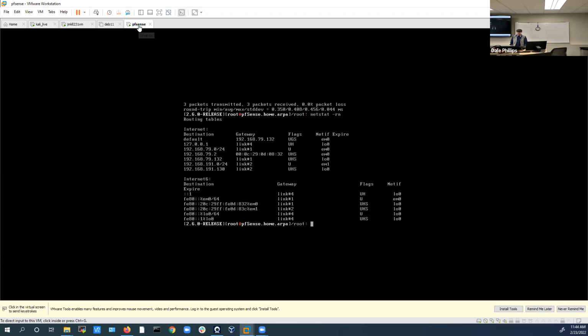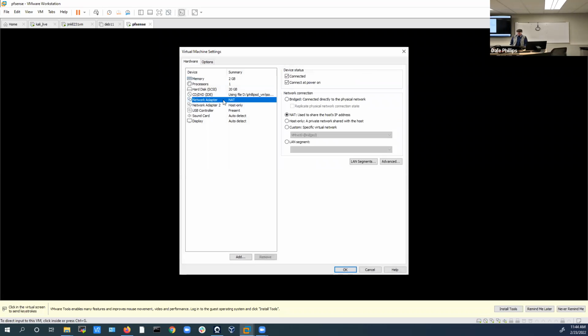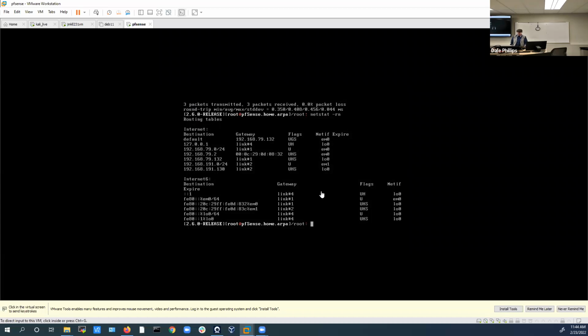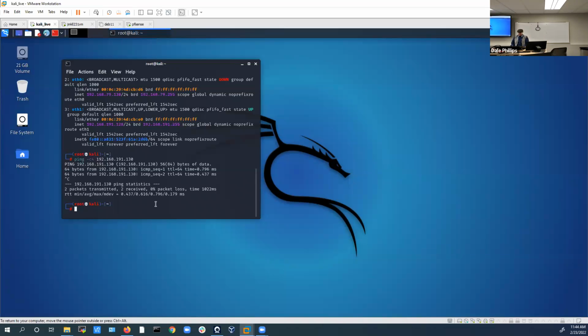Which one is that? I've got 2 network cards. Which one's what? Let's take a look. I'll show you what I'm talking about here. NAT is the one that has the 79.132. This one is the 191 that I set, okay? So now I can ping both ways. I have a gateway. So let's go over to Linux or my Kali here and see if I can ping my default gateway